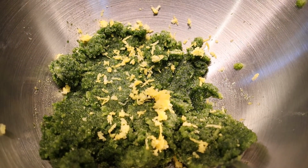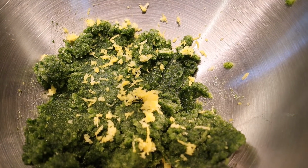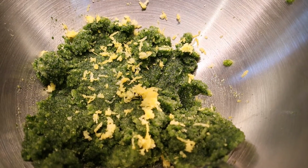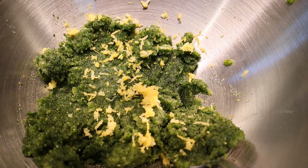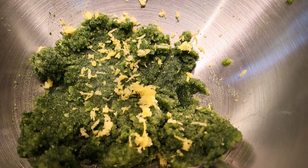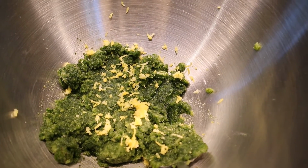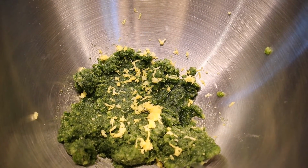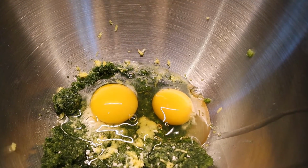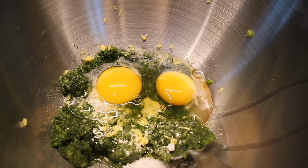I moved my mixture to a bigger bowl and added zest of half of a lemon. Now I will add other ingredients, including 1 egg, baking powder and flour. Actually, I added 2 eggs because I forgot I am doing 2 portions of dough. So 2 eggs,